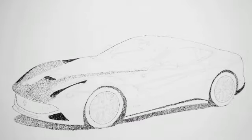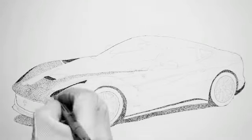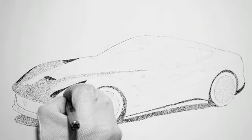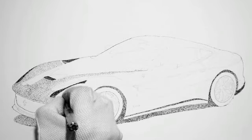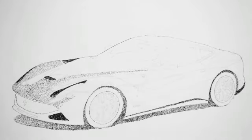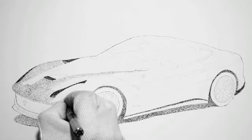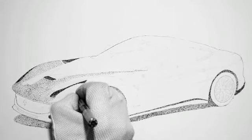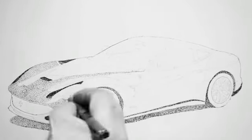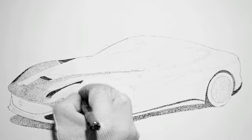But it always looks kind of funny when it's halfway completed or less, and then you say, well, how is he ever going to make that look like a car? Believe me, it will look like a car when we get done with it, and it'll look like a beautiful car, the beautiful car that this thing is. So what I'm doing is just, like I say, working on the darker parts right now of the body itself, and just copying those more or less off the photograph. And you can find a photograph, you can take a photograph yourself, or you can just look at something and draw it or do whatever you want to do. But in this case, it was a photograph that I found,